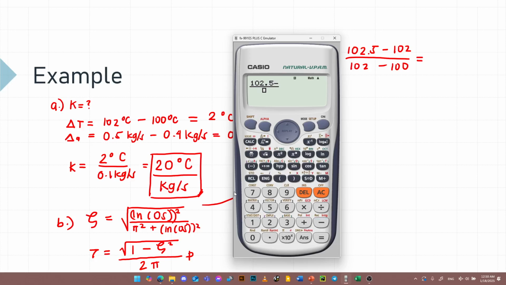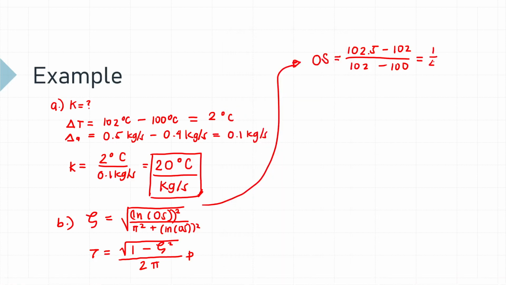Or well, the difference between the second peak and the steady state. That is the second peak, minus the first one, that is 102, divided by 102 minus 100. This gives us 1/4. So this should be around 0.25, or around the same value as 25% overshoot. So technically speaking, we are not concerned about the first or the second peak. This is just the peaks, in comparison to our steady state. Apologies for that.